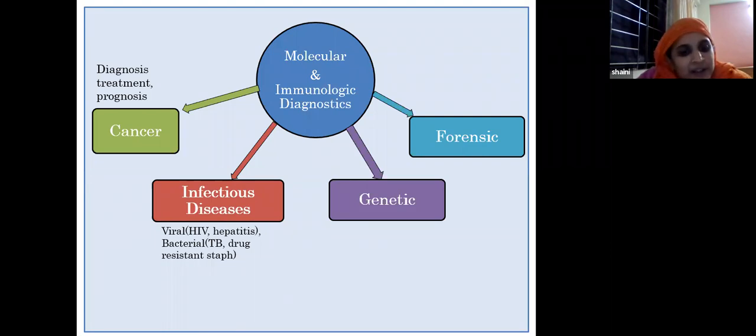Then coming to bacterial diagnosis. For bacteria, the mainstay of diagnosis still remains traditional, but for a few bacteria, for example TB. The mycobacterium responsible for TB takes a long time to grow on culture, days to weeks to give a growth. So TB is usually diagnosed using molecular techniques, especially in India where it is endemic. TB is usually diagnosed using some immunological or molecular technique. Then you can identify drug-resistant staph, etc.